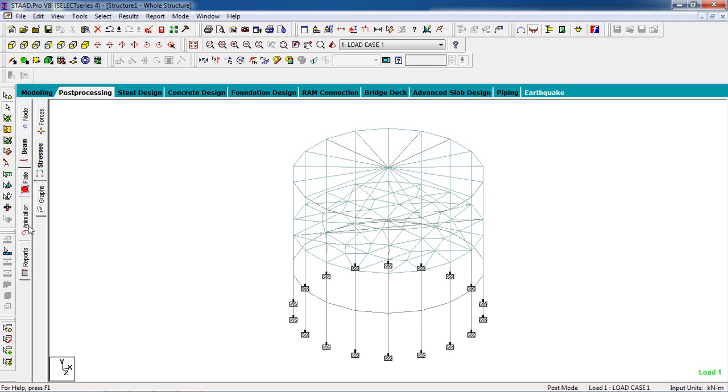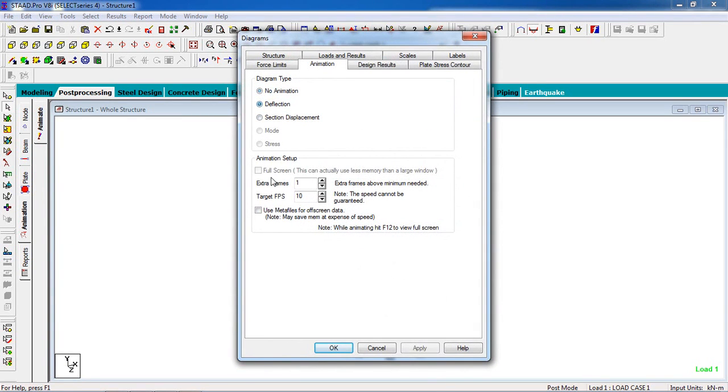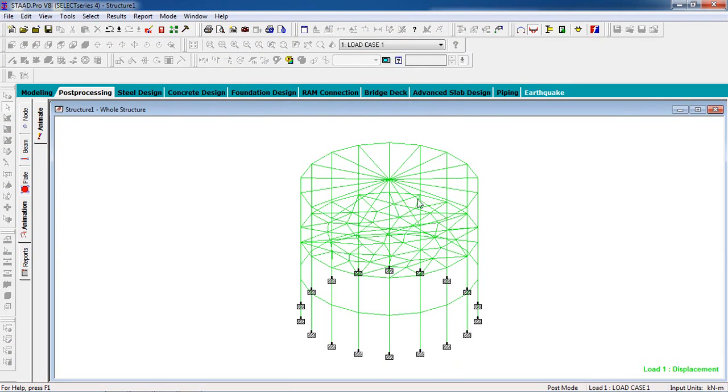Go to the animation, click on deflection, apply. Okay, you can see in the bottom portion the deflection is maximum for the top and the bottom also. Okay,